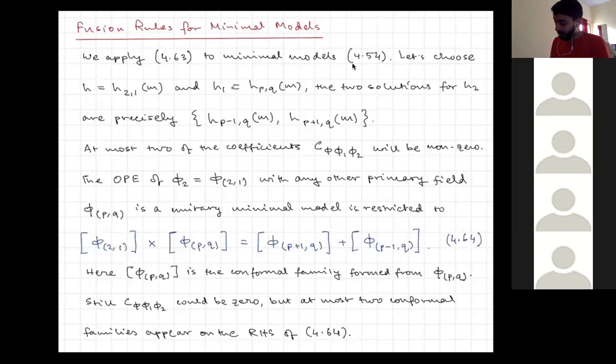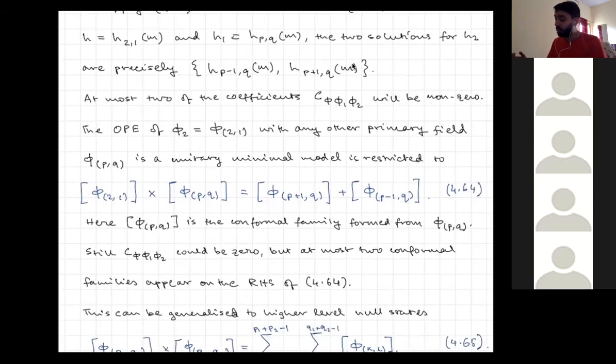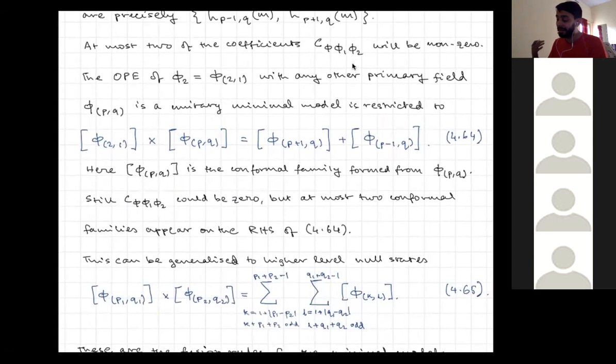What does this mean? This means the OPE of phi 2 with any other primary field phi pq in a unitary minimal model is going to be restricted to lie in the conformal families of phi p plus 1 q or phi p minus 1 q. This is called a fusion rule, and we did this for level 2, but it can be generalized to higher